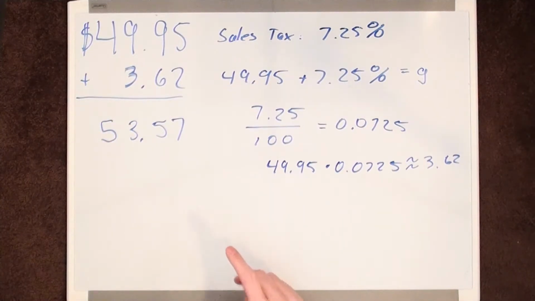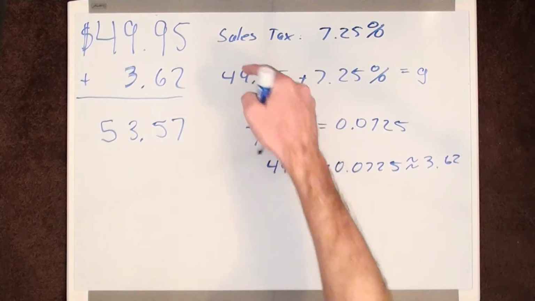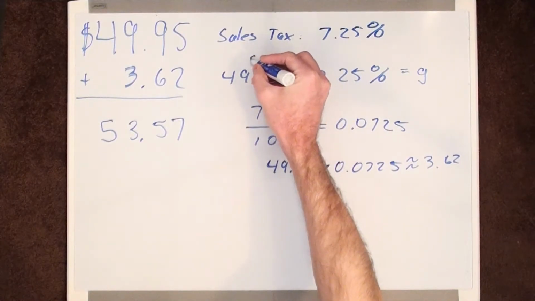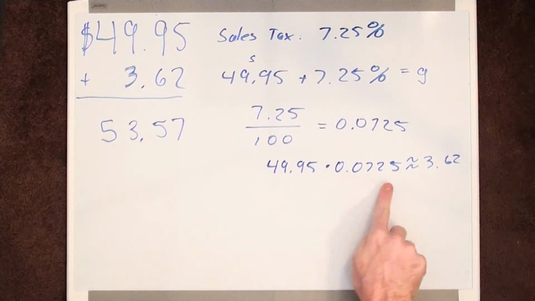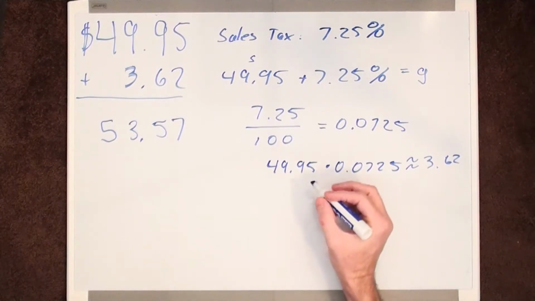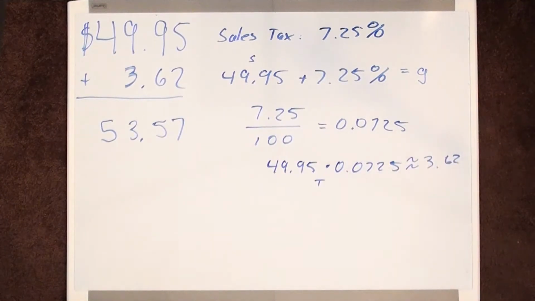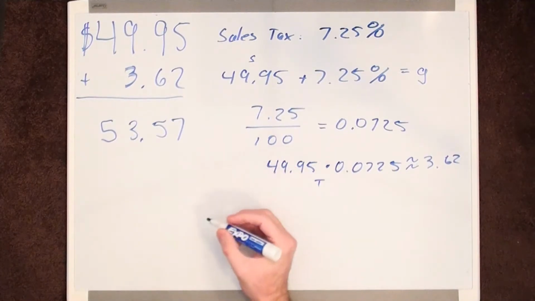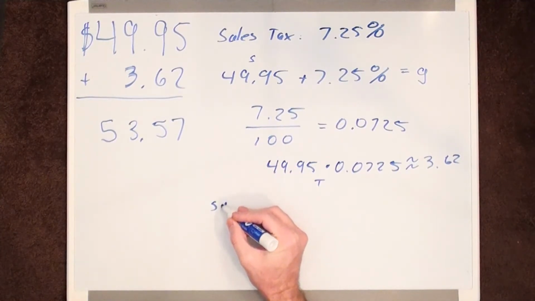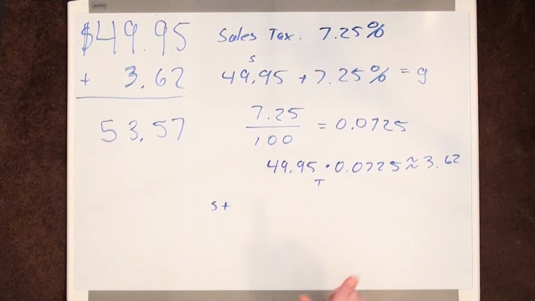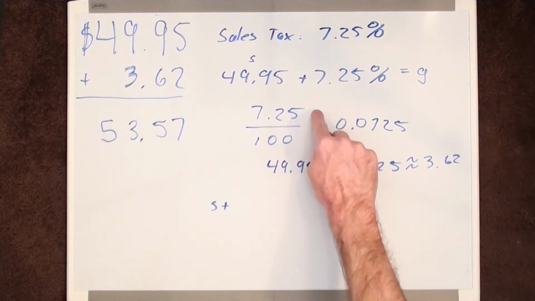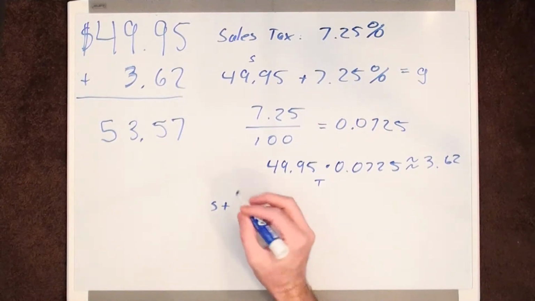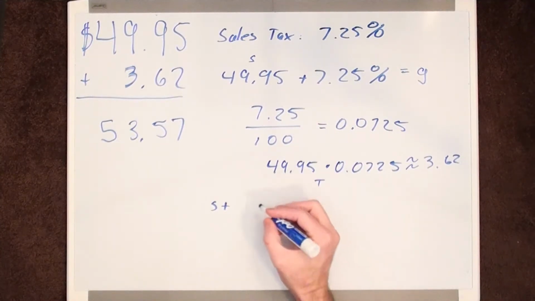Now I want to show you a formula that will get you to the grand total real quick. So here we have our subtotal. I'm going to denote this by S. And this equation here, we're going to denote by T for tax. And of course G is for our grand total. So let's start setting this up and go through it real quick. You could probably get the gist of it. So we have S plus, here's our tax. But it's a little more complicated than that. So here's our percentage of our tax. Remember we had to multiply this, so we're going to have S again